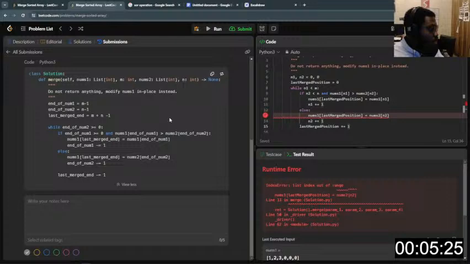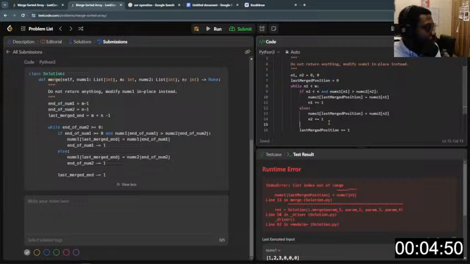Well, this would have been 5. Because I always want to remember the last position at which I made a replacement. So if here we made a replacement, that means, okay, the last position should not increase more than n, right? So if